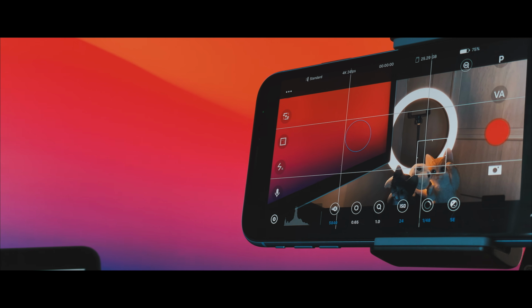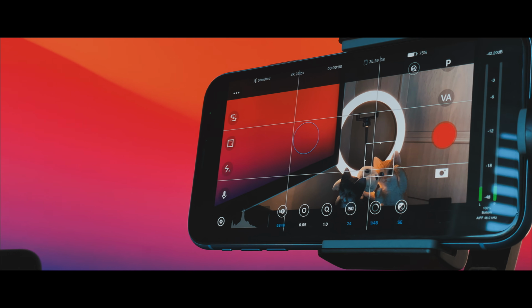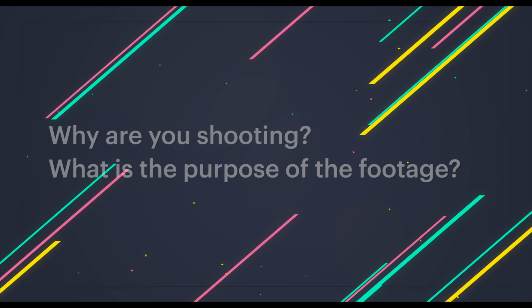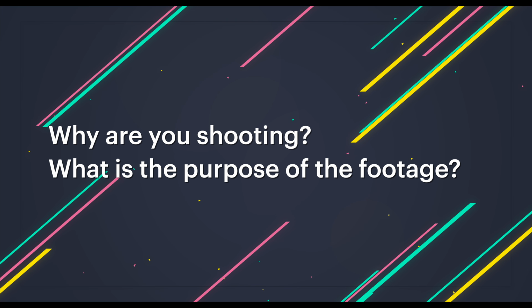So today I'm capturing B-roll for my review of the M1 MacBook Pro, and I'm going to be using my iPhone XR, which is patiently waiting in the background, and I'm going to be using Beastcam. So where do we start? Well, just like with stills photography, I like to keep in mind the reason that I'm shooting and the purpose of the footage. And then I use that information to guide literally everything else that I do. My camera movement, composition, settings, focus, everything.